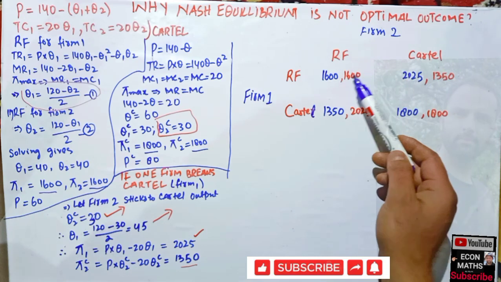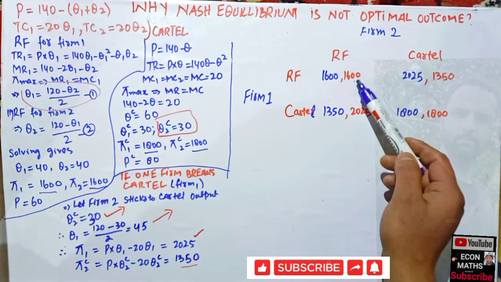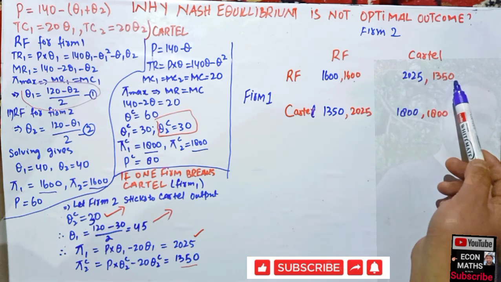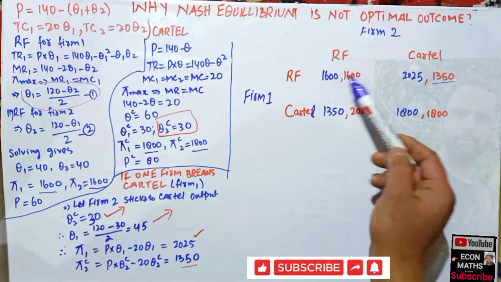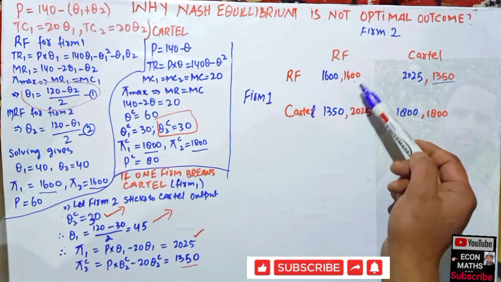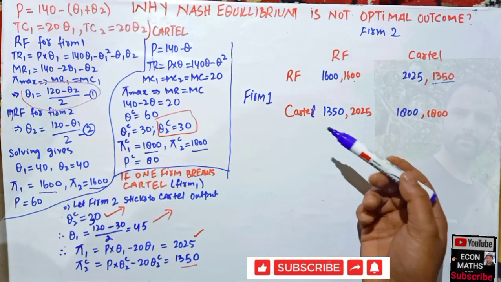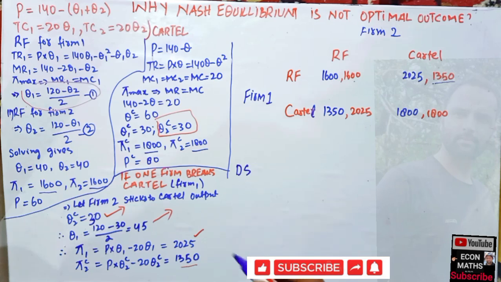Firm 2 gets 1600 if he chooses to produce according to his reaction function. If he deviates from this strategy, she gets only 1350. We can say that 1600 is obviously their dominant strategy. By dominant strategy, what we mean, let me write it here. Dominant strategy,